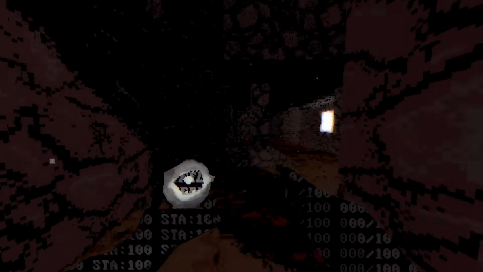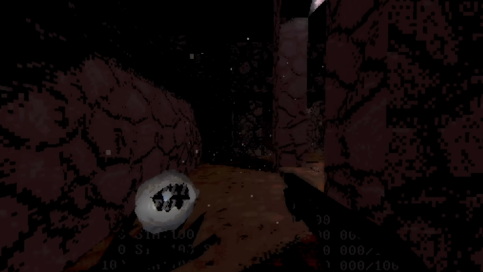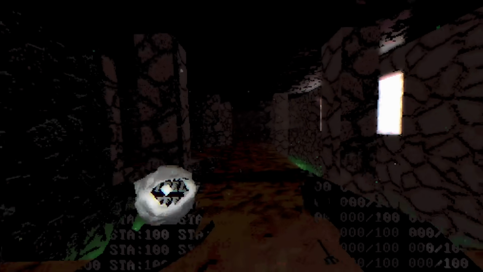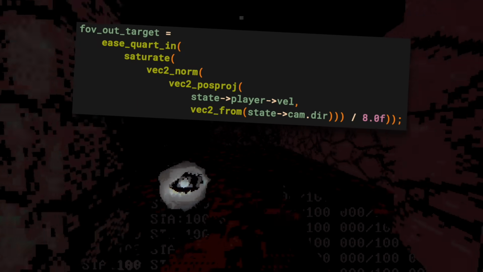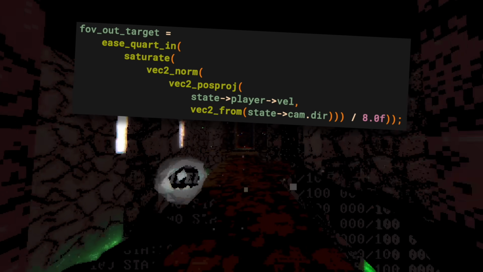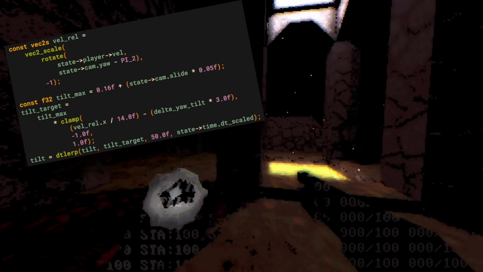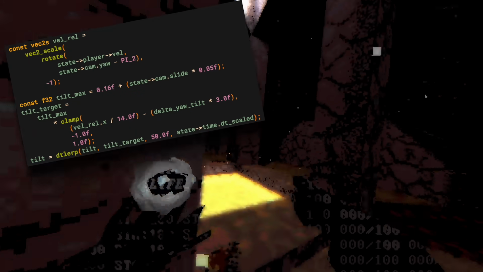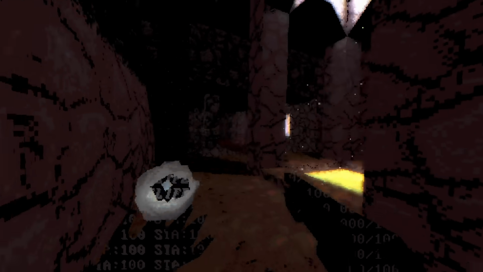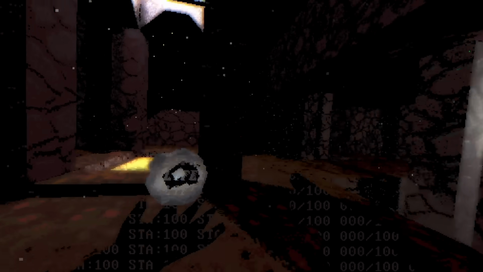First, I made it so that the FOV increases slightly according to the player's current speed, or more specifically the dot product of the player's 2D velocity and the look direction of the camera. There's also a pretty steep camera tilt applied when the player is moving in a direction perpendicular to the current view vector, and some slight view bobbing, which I know is controversial, but I'll include an option to disable it,